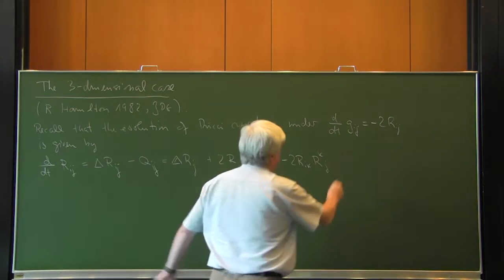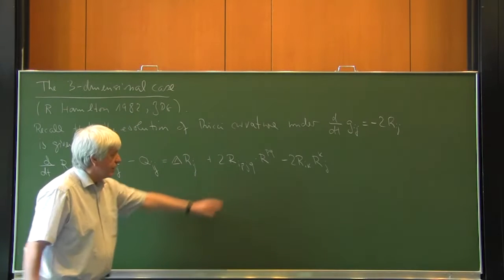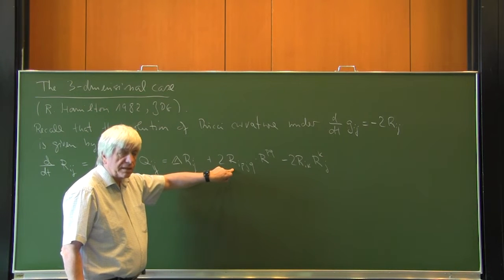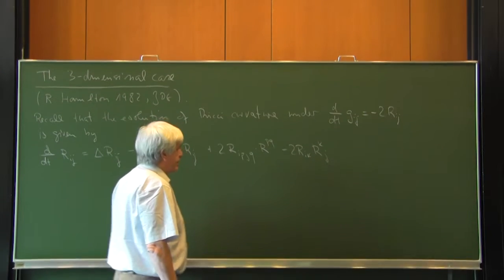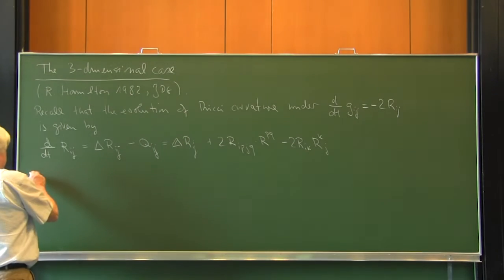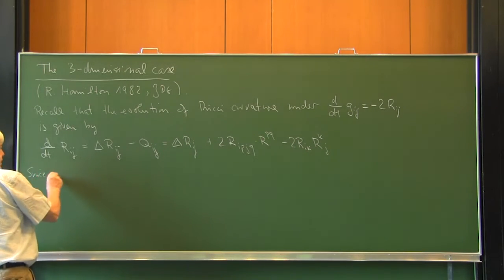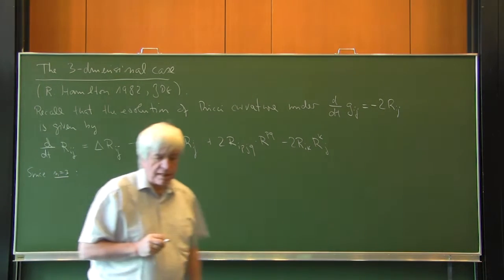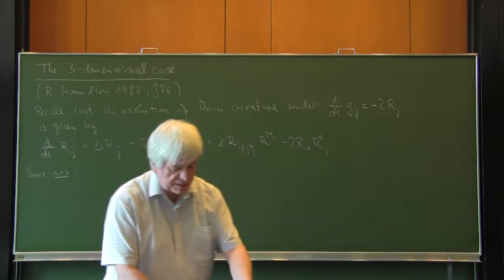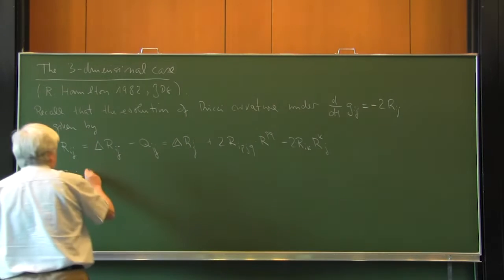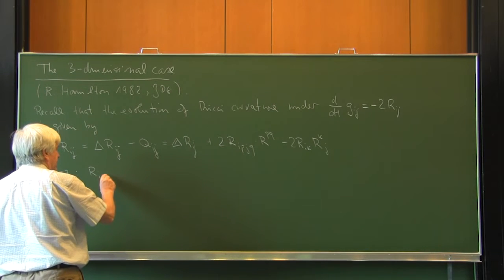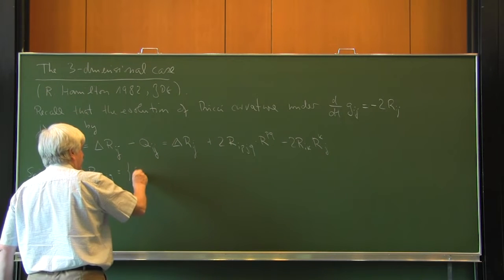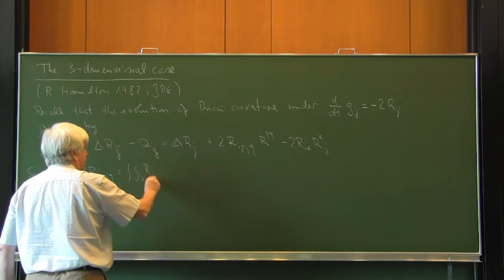R_kj, the trace of the square of the Ricci tensor itself. Now, of course, because we are in three dimensions, we have the luxury that the Riemann tensor can be expressed completely in terms of the Ricci tensor. Since n equals 3, the Weyl tensor is 0, and we can express the Riemann tensor by writing R_ipjq equal to g_ij R_pq